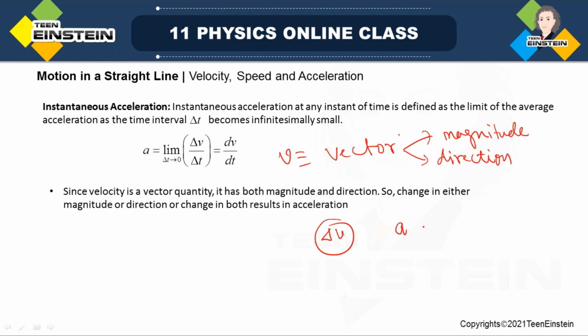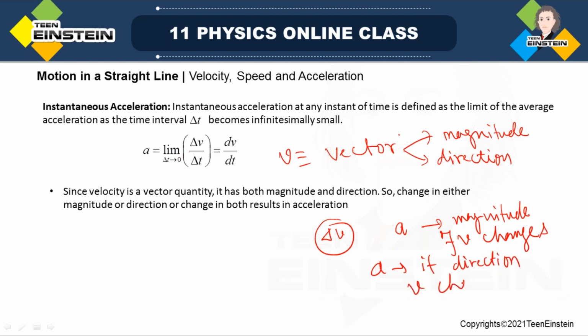So you will find acceleration if the magnitude of v changes, or if the direction of v changes, or if both happen, both the direction and magnitude of the velocity change, then also you will find